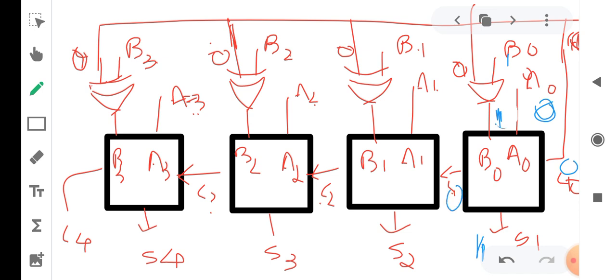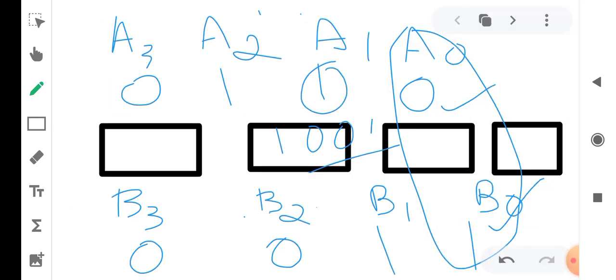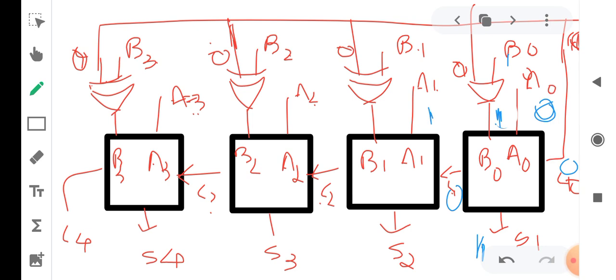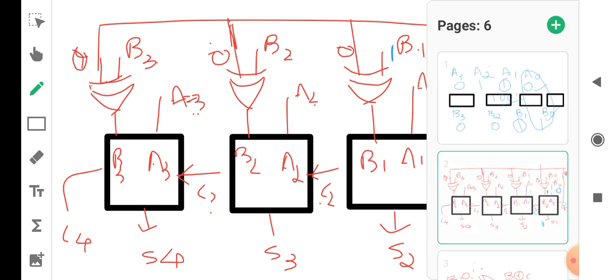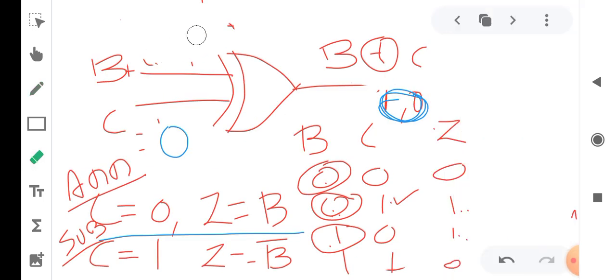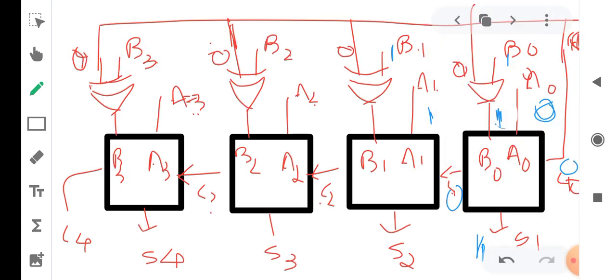Then what are a1 and b1 here? a1 is equal to 1 and b1 is equal to 1 here. Then I substitute this into the XOR gate. B is 1 here, and with C0 equal to 0, z is equal to b, which is 1.